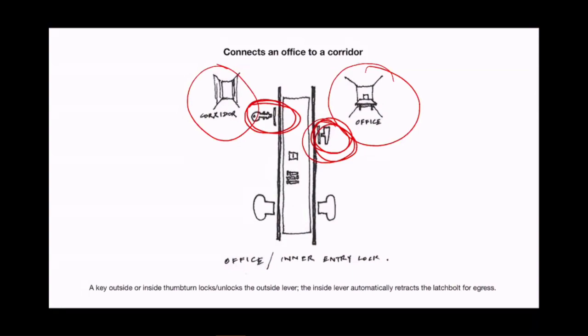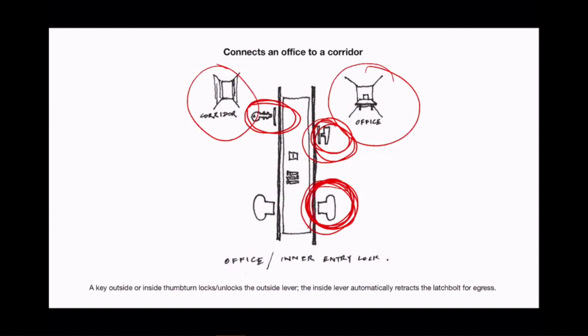Now, we also may have a latch bolt as part of this locking assembly, and we want to make sure that from the inside, from the office, we're not locked out if we can't find the thumb turn, or if the thumb turn is hot because of the fire. We want to make it really easy to leave really quickly. So as is going to be the case in many of these, maybe all of them, the inside lever,